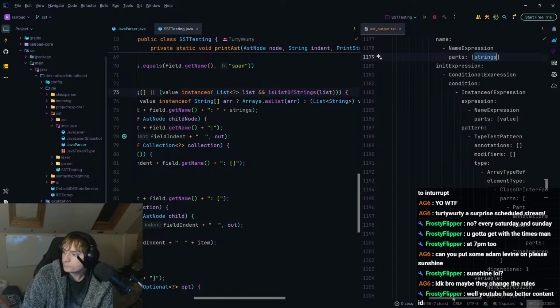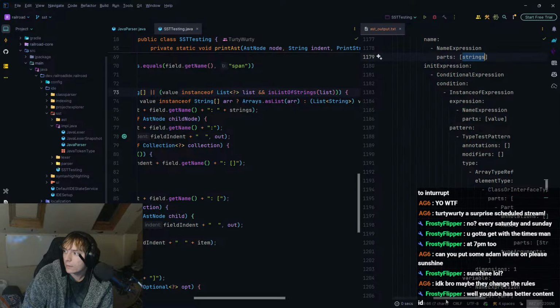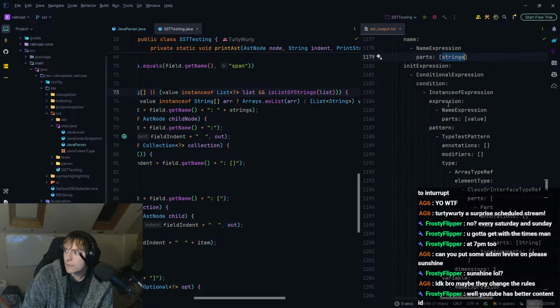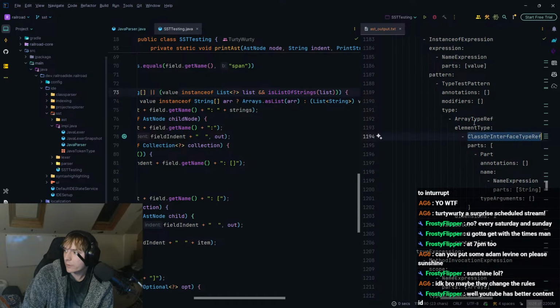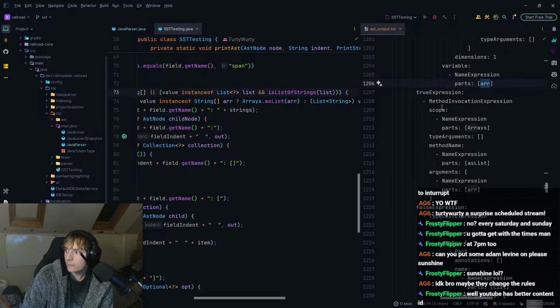So we have value is instance of a String array, one-dimensional, which we are calling array. If that's true, then we call Arrays.asList of array.